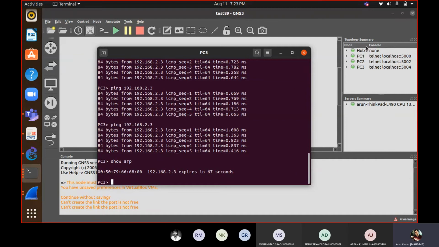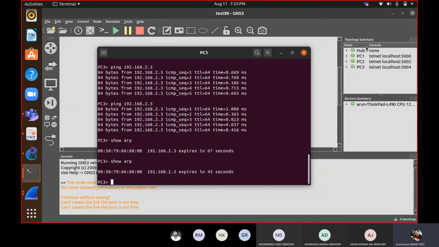If this information isn't available with PC3, then it will initiate with an ARP request packet. If the information is there, so till 67 seconds, if I once again generate a ping request from this device, it will not ask for any ARP response because the entry is still there. From now onwards till 45 seconds, if I ping, it doesn't require that ARP request and response packet.